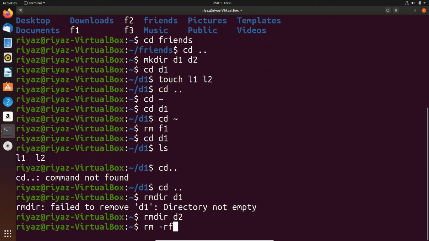The r means recursive, which checks the files one by one inside the directory. Like it checks first file name 2, file name 1, then it checks directory 1. And the force option forces it each time, each file.